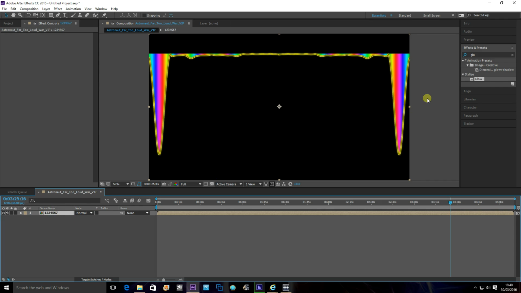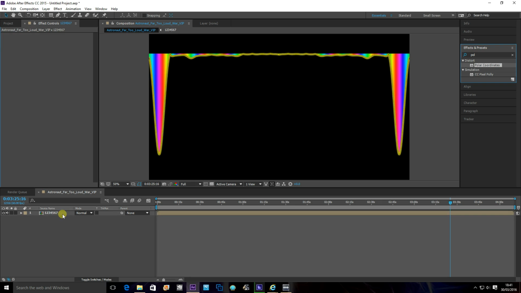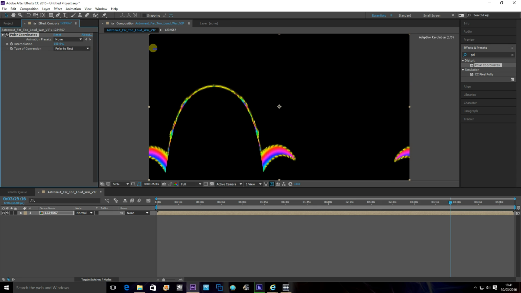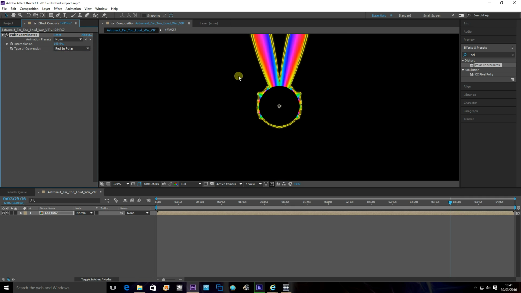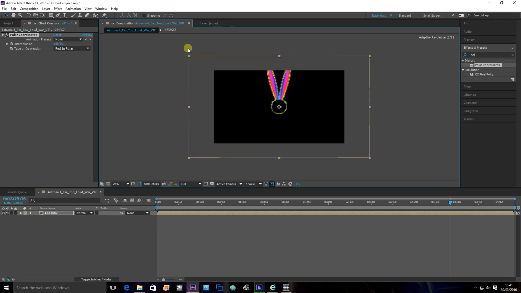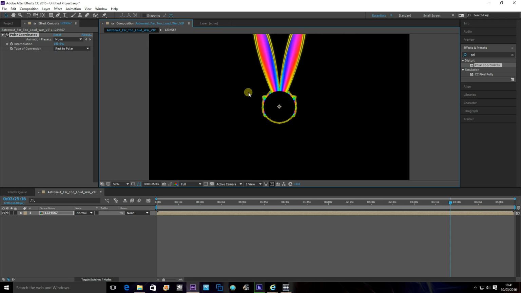much simpler. We go back to effects and presets, and you type in polar. You want polar coordinates. Drag that down here. When you've got your polar coordinates here, you want interpolation, if I'm saying that right, 100. Rect to polar. Go. Then you can see it's turned. You can see how it's made it round,